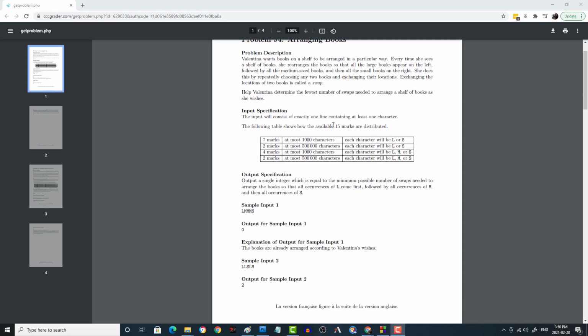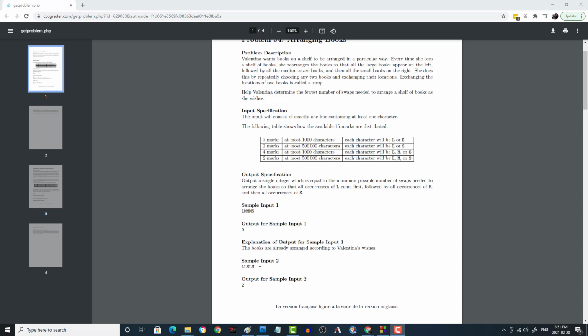And basically the L's, M's, and S's represent the size of a book on a shelf, right? So for instance, like in this example, LMMS means that there's a large book, then followed by 3 medium books, and then a small book. The second one, LLSLM, means that there's 2 large books, then a small book, then a large book, then a